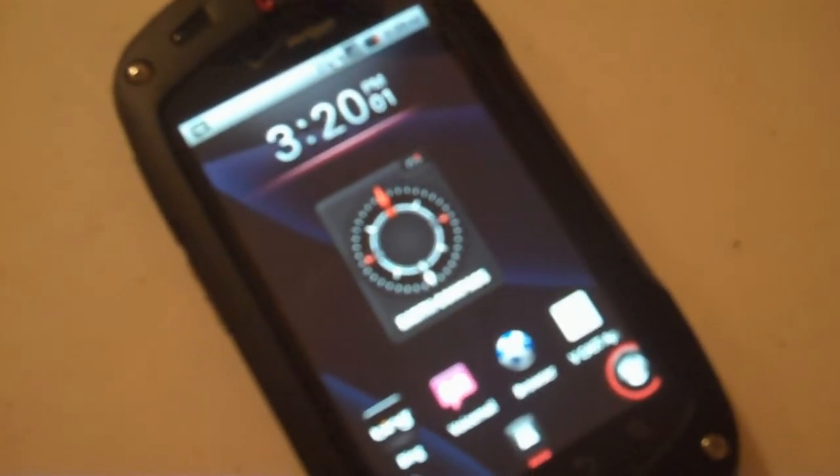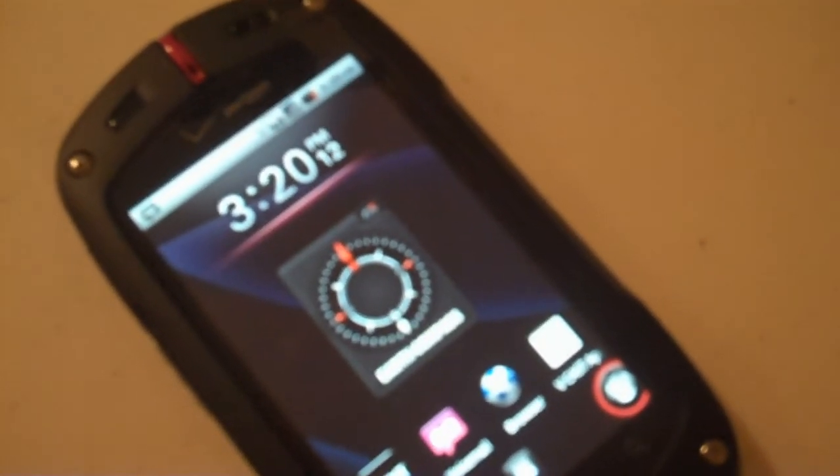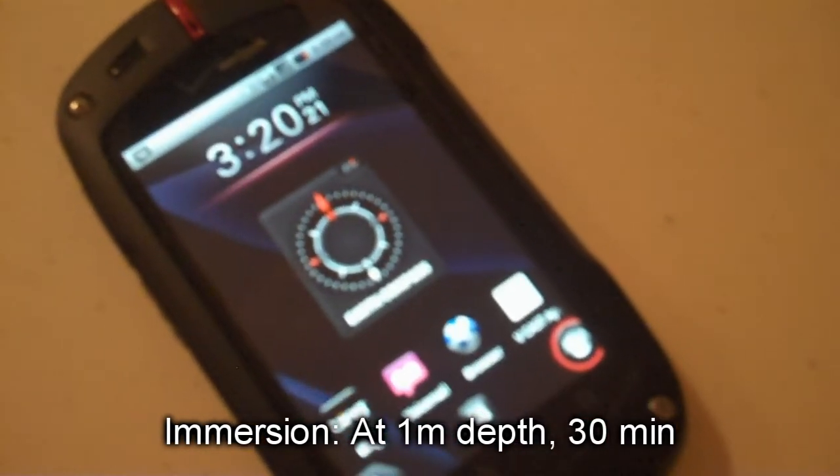I'm here today to talk about a rather interesting phone that I've been testing the past few weeks called the Casio Commando. What sets this phone apart from others is how completely durable it is. In fact, it has military-grade toughness. This baby can handle full immersion in water up to 1 meter for 30 minutes and still come out working